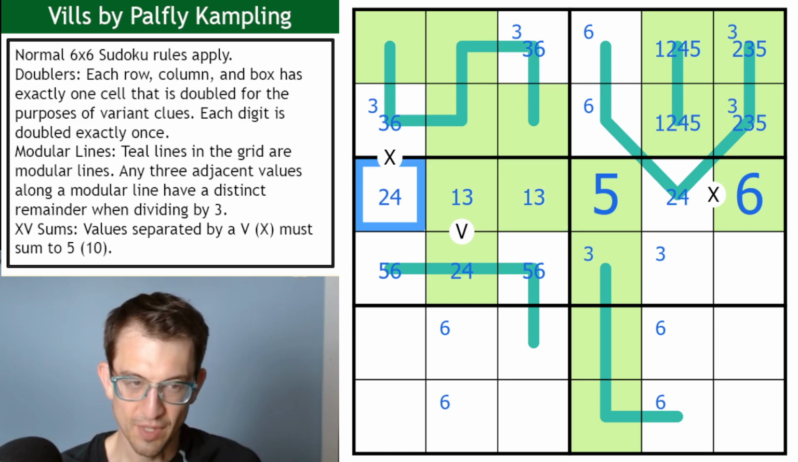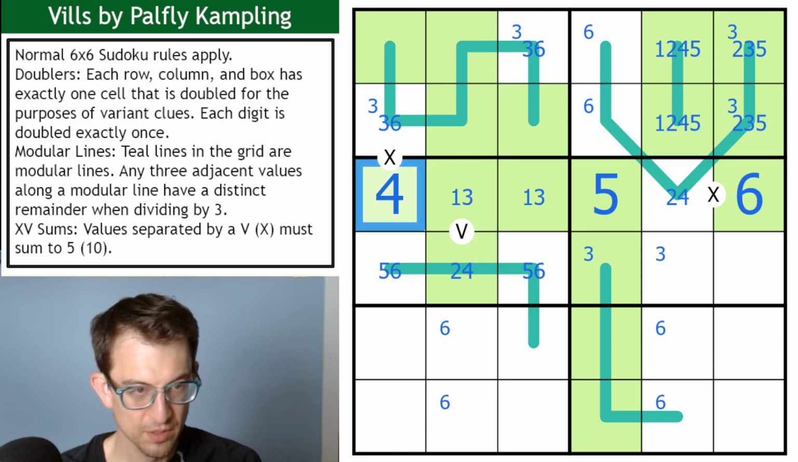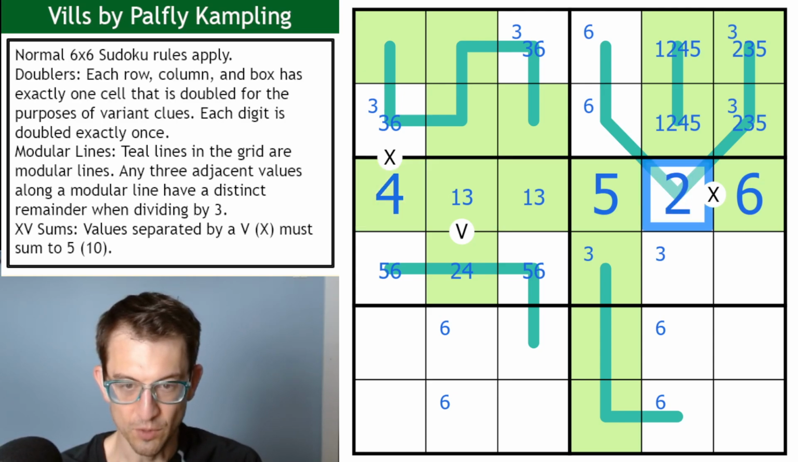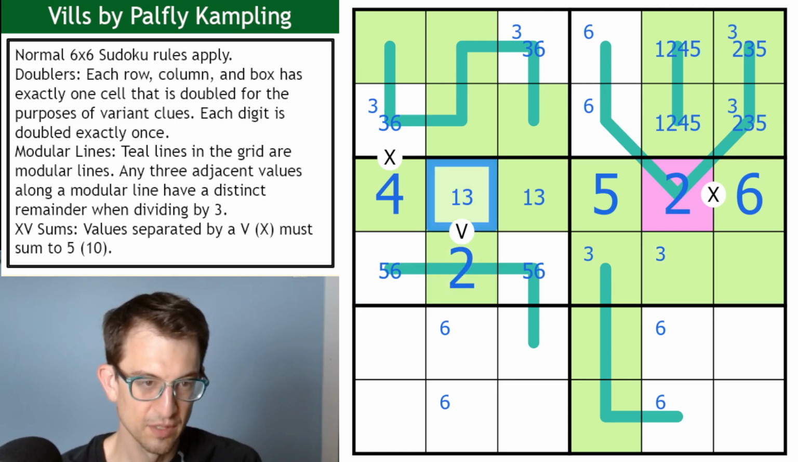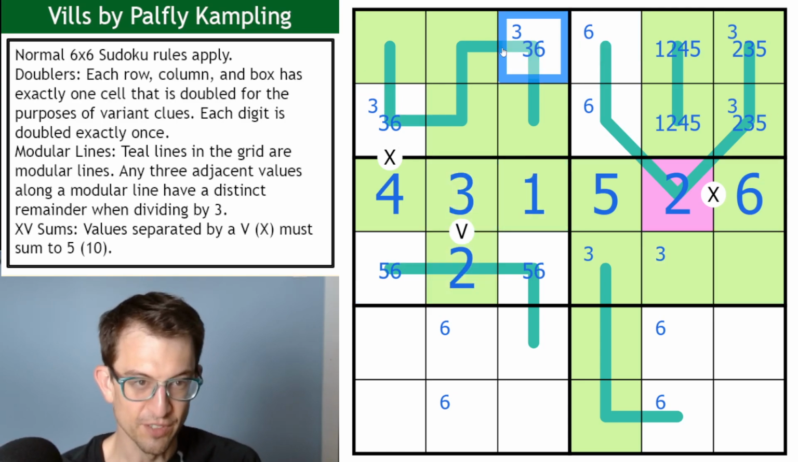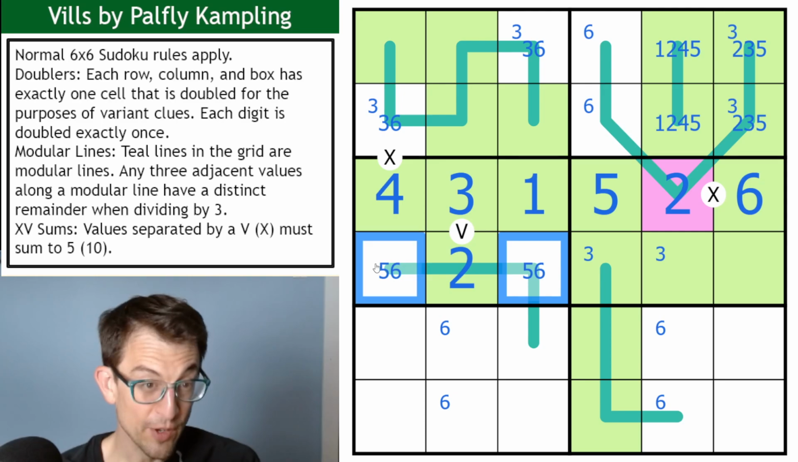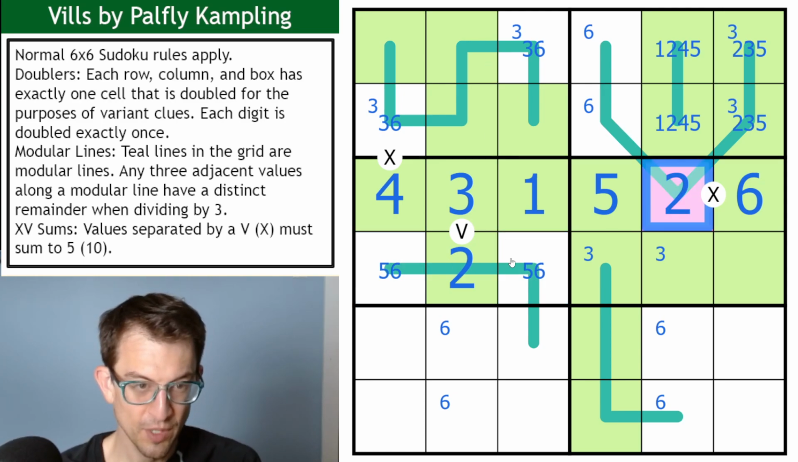I'm going to use it. That's a 4, undoubled. So this is my doubled 2. That's my first doubler in the board. Which does mean the 2 is here, which unfortunately does not resolve this at all, actually. But I do know I have a 5 double. So my doublers are now 2, 5,